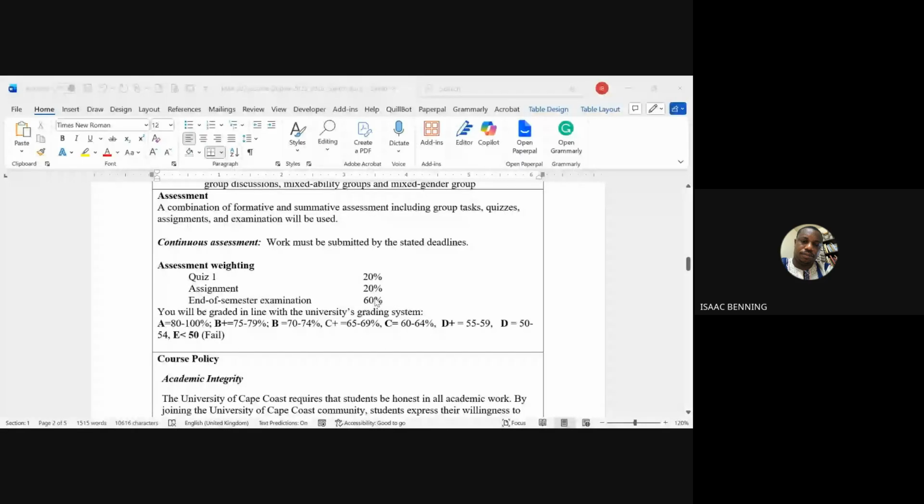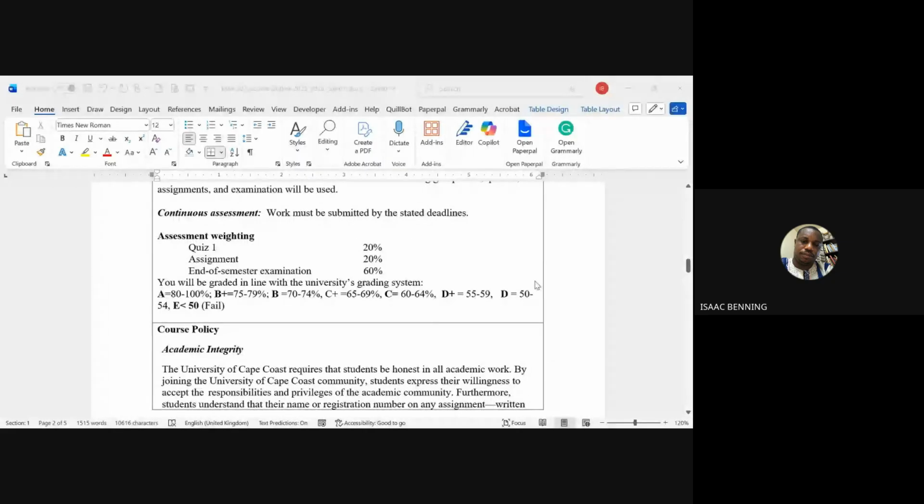Assessment: you will do 2 quizzes. And in class, we shall also be doing some activities that form part of our assessment. So in all, the continual assessment constitutes 40%, end of semester exams will constitute 60%. You need to get 50 or better to enable you pass the course.